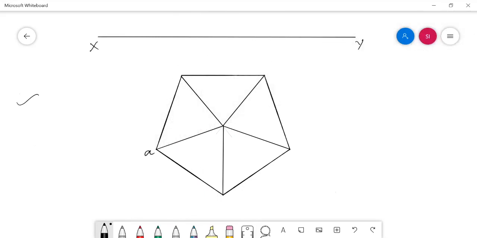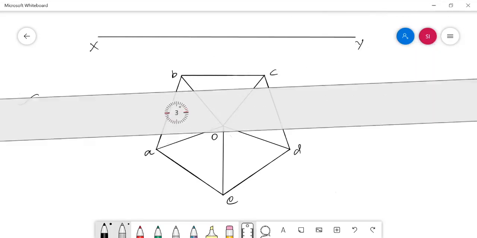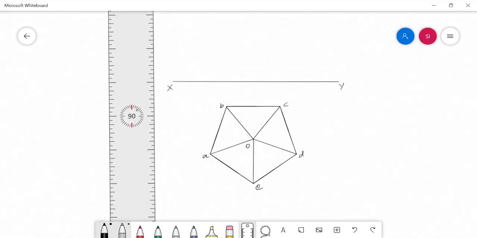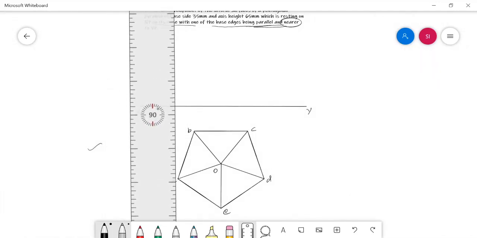And we need to mention the name for each and every base corner and the apex point. Now I am projecting the corners of the solid towards the front view to draw the lateral portion.